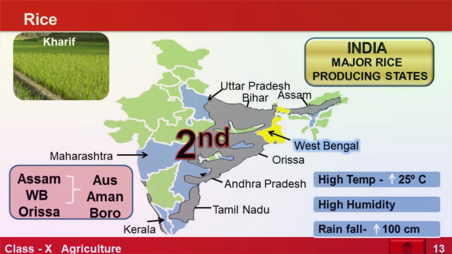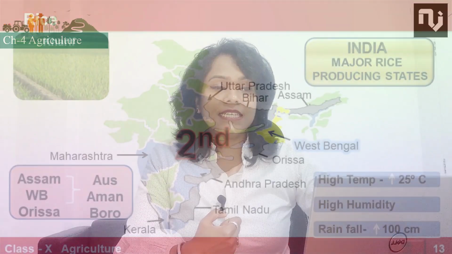Rice is the staple food in South India of our country, and in North India also we are growing it very well. China is number 1 in growing it, and we are number 2. And what is the temperature? 25 degrees Celsius, and we need rainfall of 100 centimeters and above. Interestingly, where there is less rainfall, we can grow it with the help of irrigation.